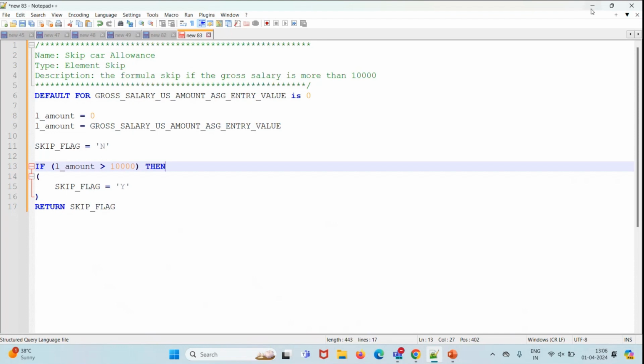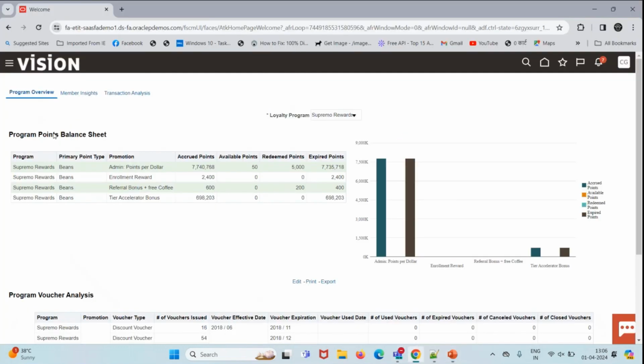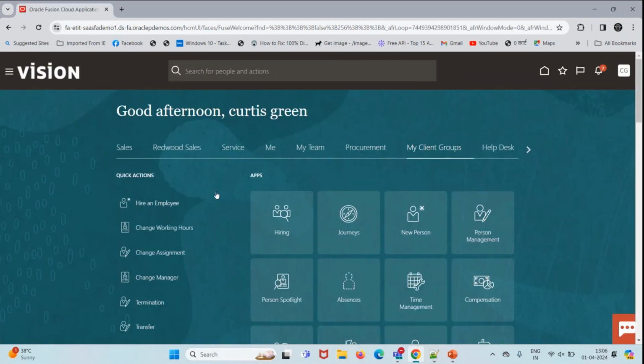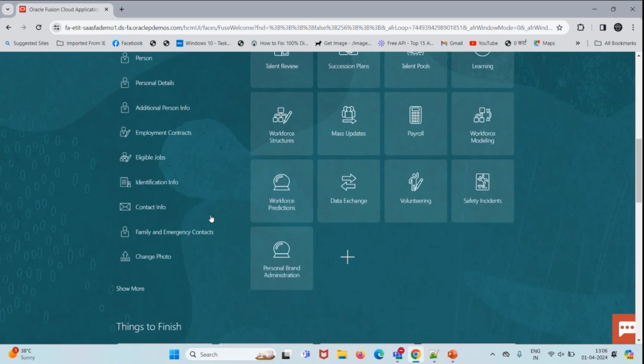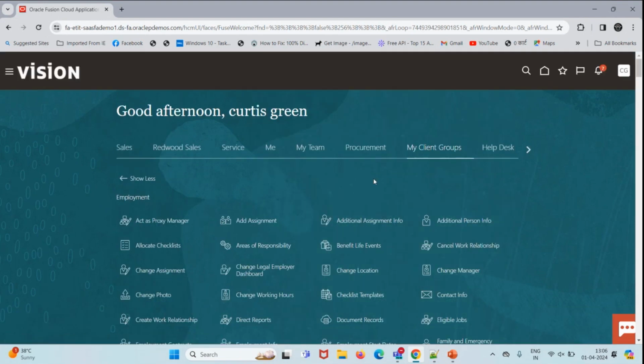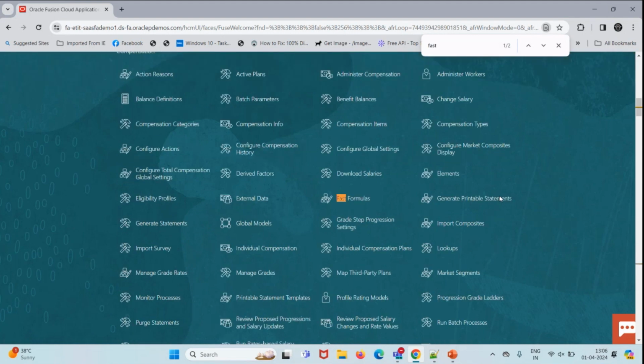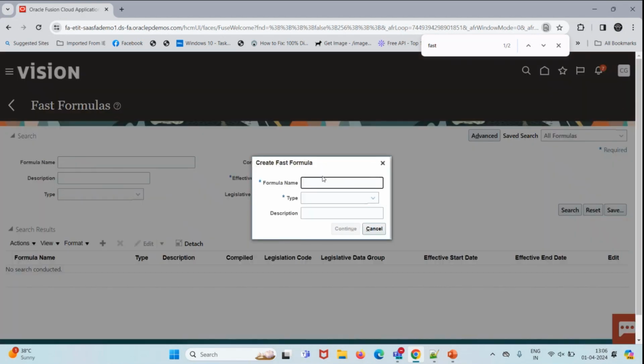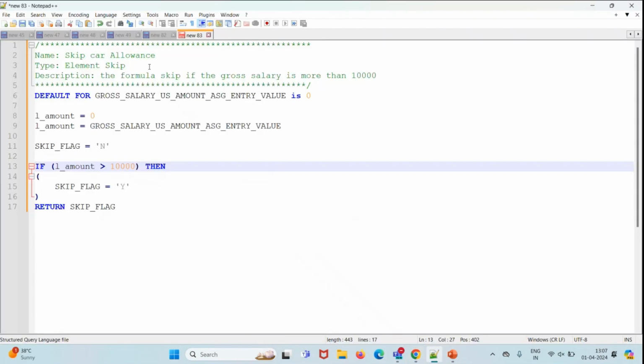So let's move to our instance, and let me come to the home page. If we scroll down, we'll click on show more. So I'll first add the fast formula. Click on fast formula. I'll click on the add button,